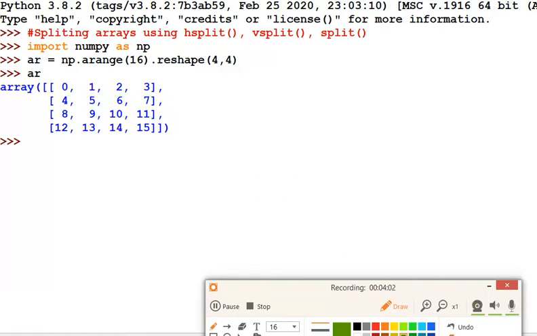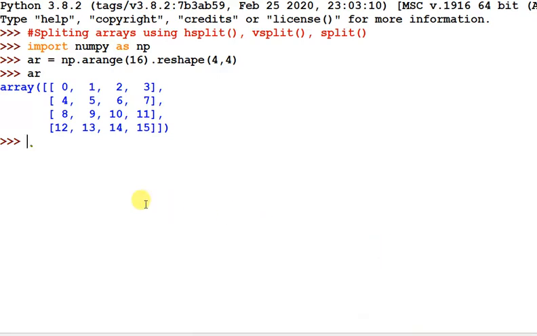Suppose I am using hsplit here. I want to break the columns into two equal parts. Whenever you use hsplit or vsplit, you have to divide your array in equal divisions.